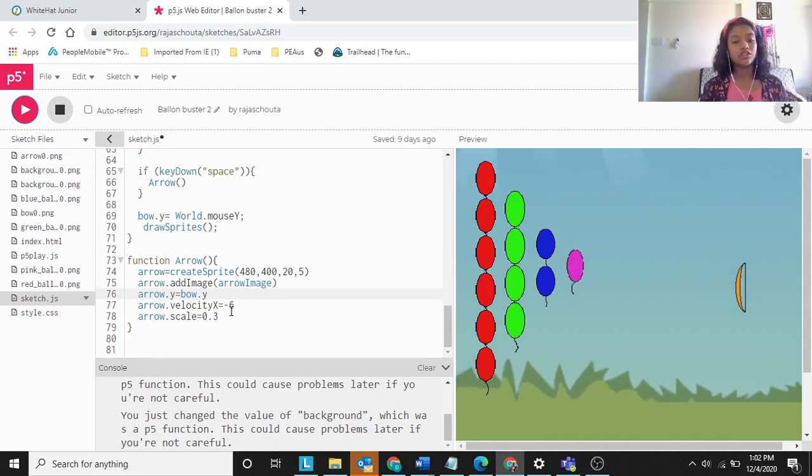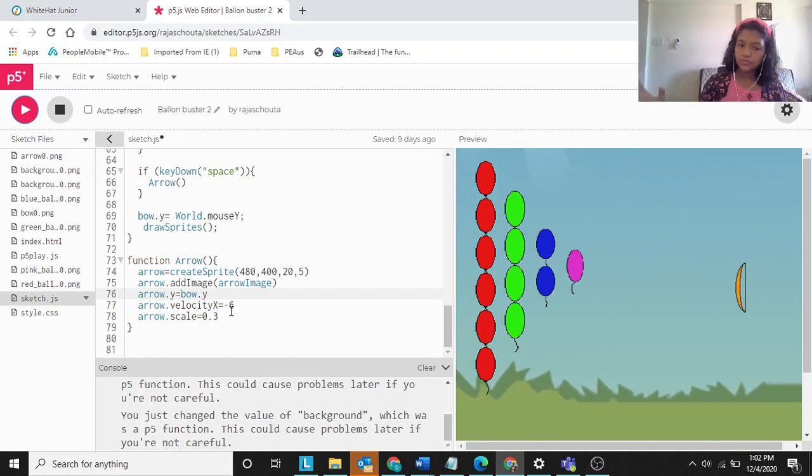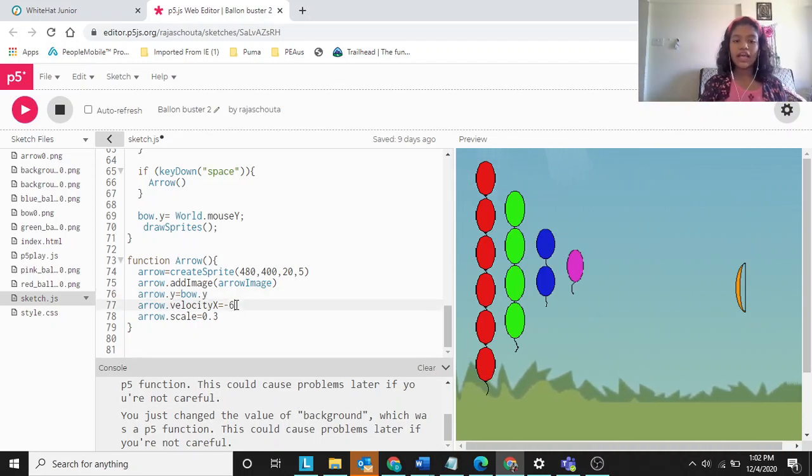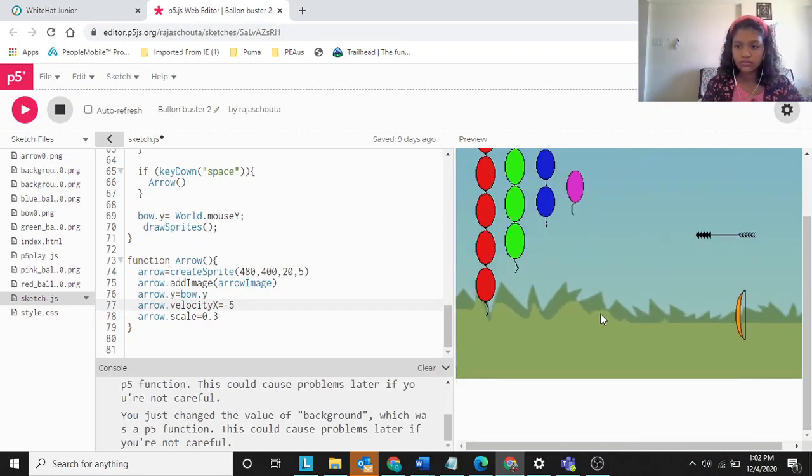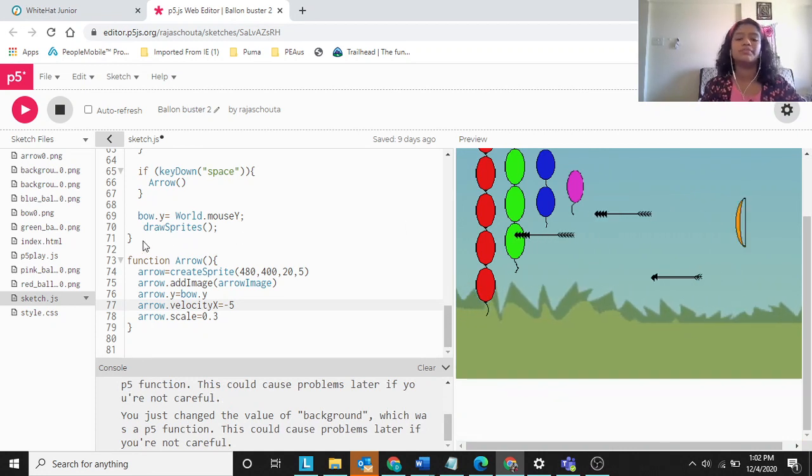Next, arrow.velocityX equals minus 6. The arrow will have a velocity, that means it will move, and minus 6 means that it will move to the left. Minus numbers mean left, and plus numbers without any minus symbol mean it will go to the right. And 6 is the speed. If you keep 5, it will go a little slower.